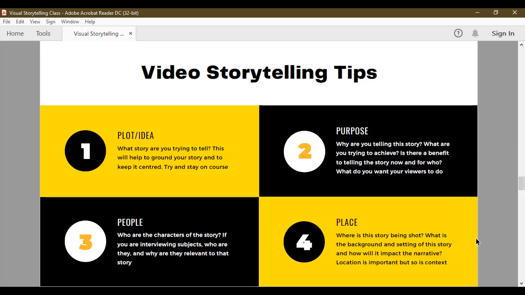And then the next thing is purpose, which is basically, why are you telling the story? What are you trying to achieve? What is the benefit, if there is a benefit, to the people that you are going to create that story for? This will then inform how you are going to go about capturing different images. So if you are talking about